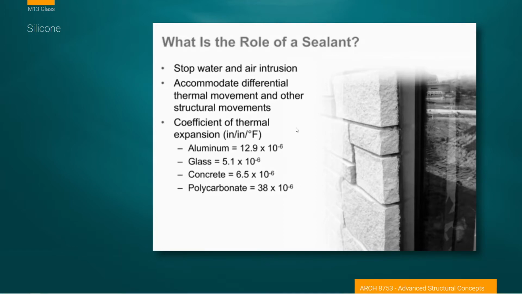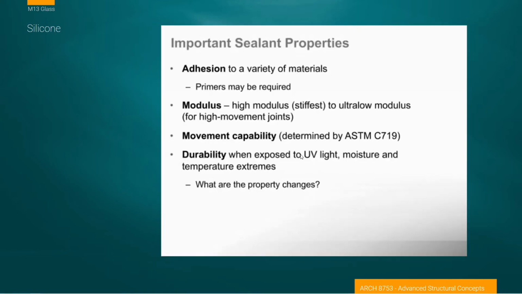Why are we talking about sealants? Well, in this case, this is primarily a glass presentation, but we use sealants obviously to keep air and water out, and we can use it between any two materials that we need to bring together. Glass and aluminum, glass and glass are typical of what we think about when we're working with glass. So, sealant properties: obviously it has to adhere to the surface. Silicone has a high adhesion to glass,